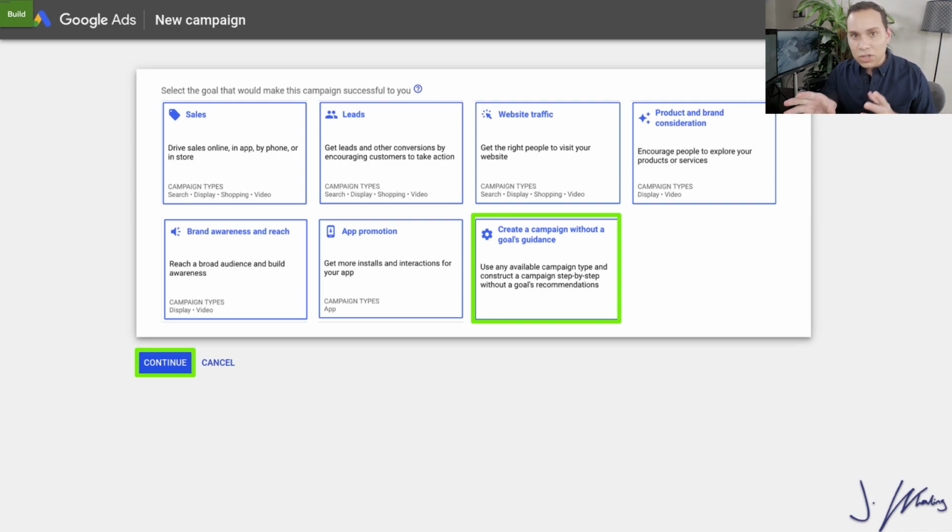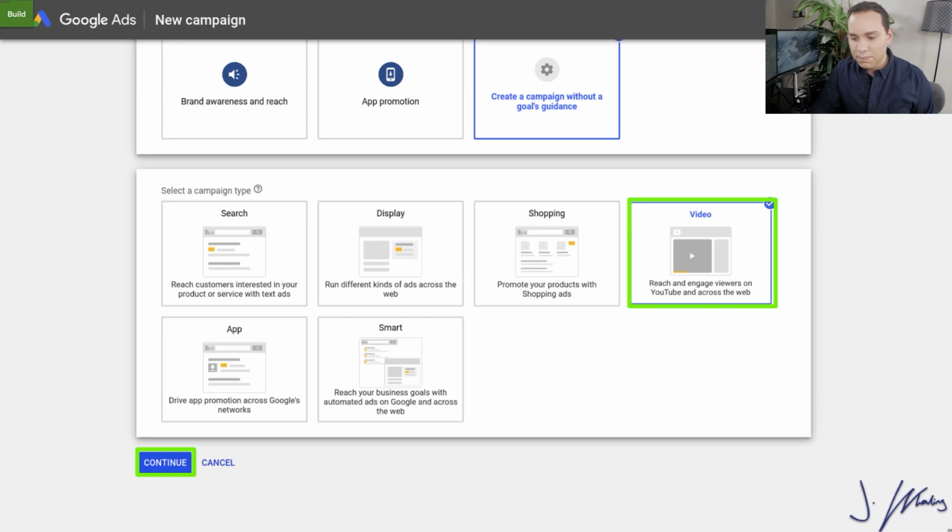Now, if you're looking at your dashboard here and you've gotten to this step and you're not seeing the option to create a campaign on your own using custom settings, it might be because you have an AdWords Express account. But either way, if you don't have the option to go into creating a custom campaign, go ahead and select brand awareness and reach, and you'll be able to go through this same process. You really don't want to mess with the other ones because all they do is put you in a box in terms of the settings that you have access to.